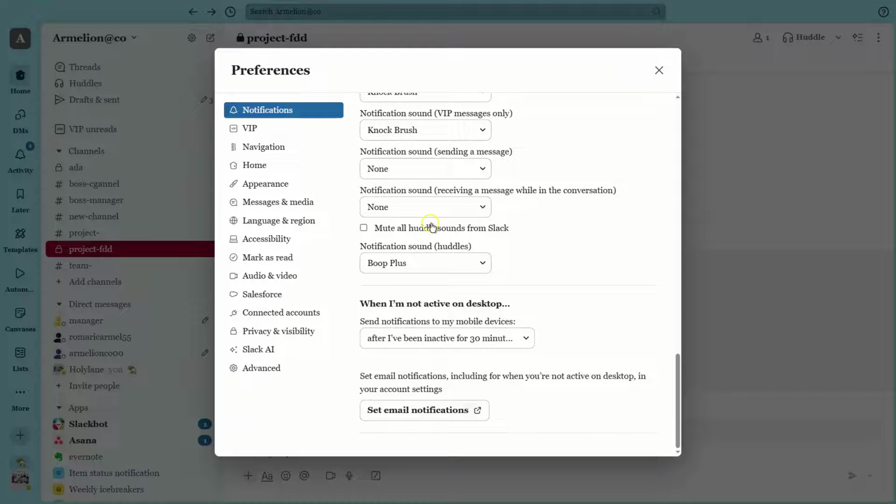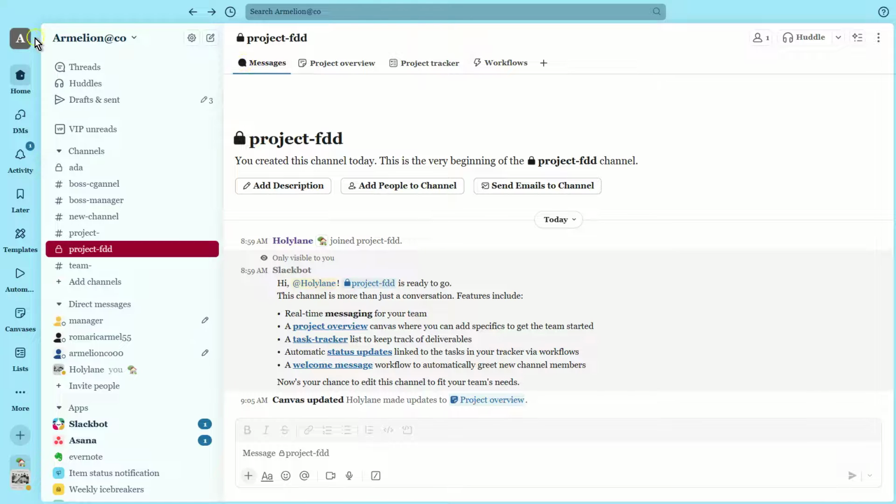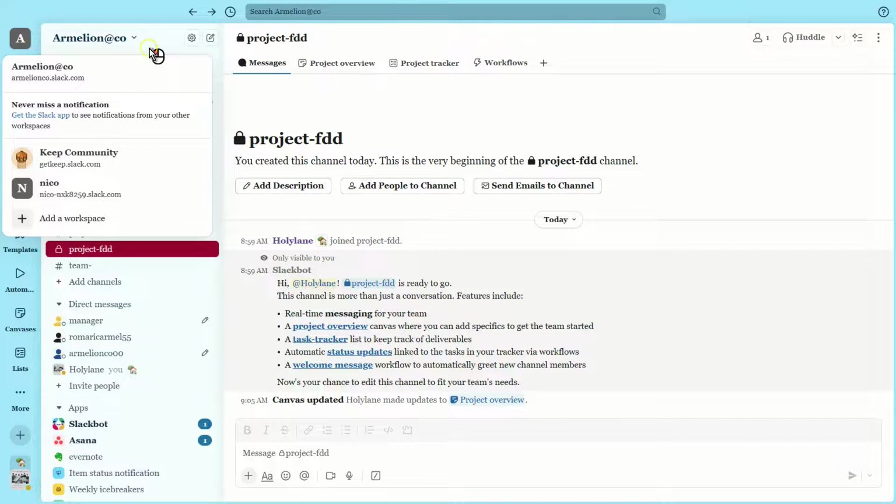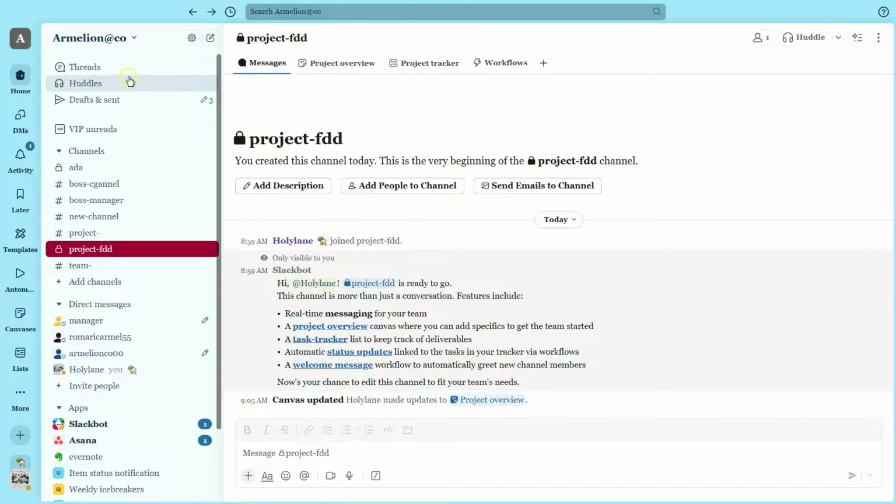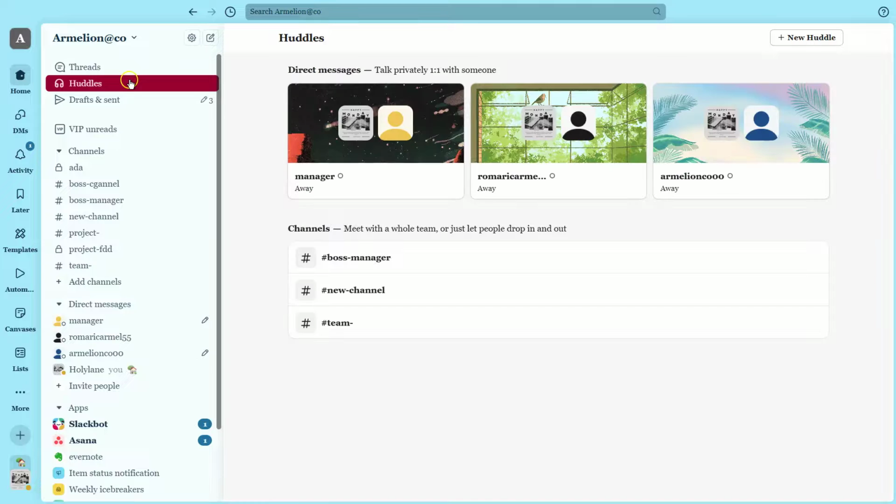minimum. In conclusion, customizing your Slack workspace is all about making the platform work for you. It's about creating a comfortable, personalized, and efficient environment that caters to your team's needs. And there you have it, a fully